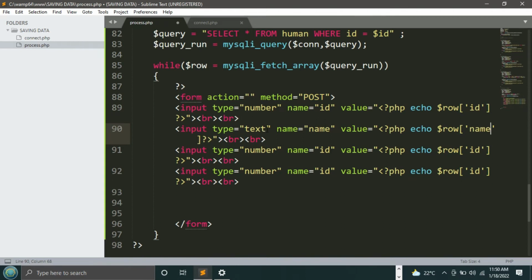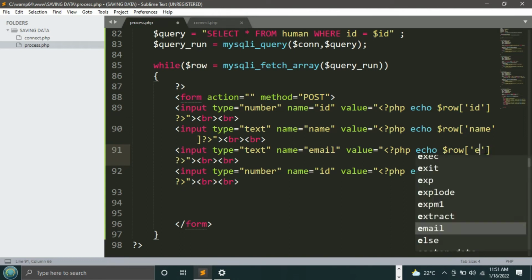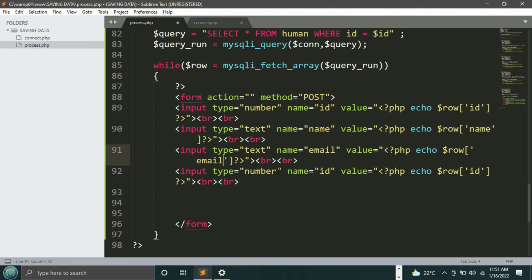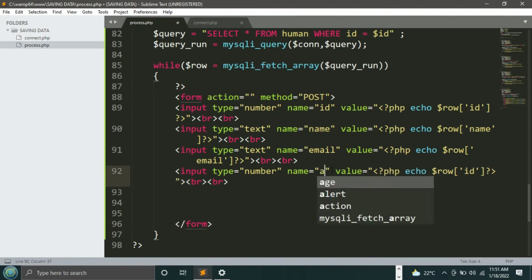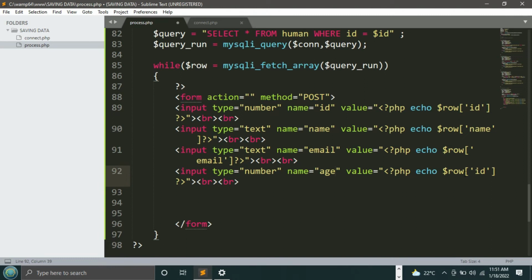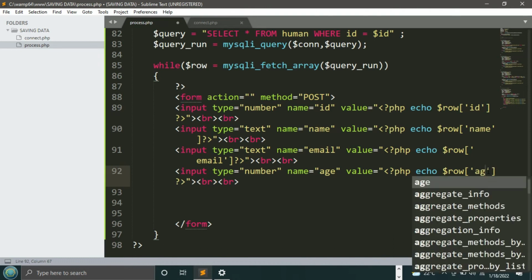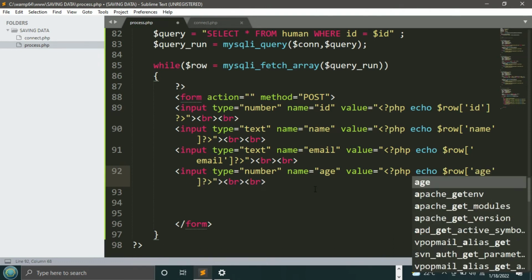The same will go here. I'll just copy this text, paste that, then this will be email, then this will be email as well, and then this will remain number because this is age. So I'll say age, and then age again. Okay, so now